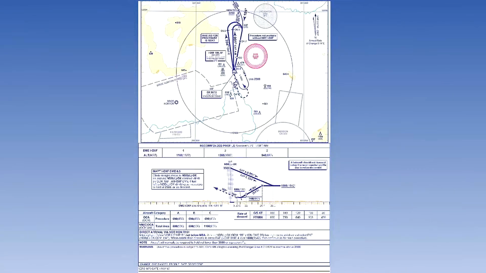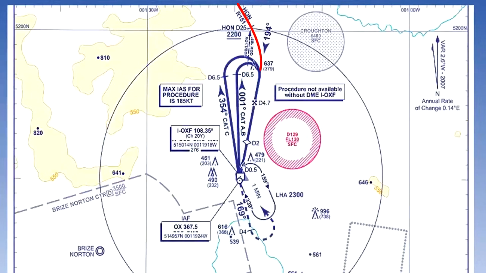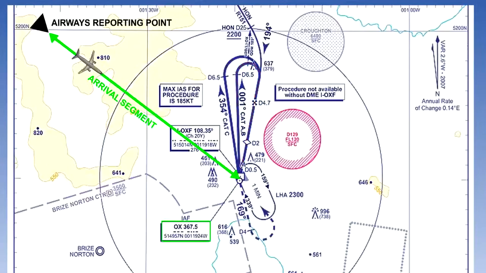The information required to be able to fly an ILS approach is contained in an approach plate. Here is an approach plate for Oxford's ILS, DME and NDB for runway 19. It is possible to make a straight-in approach from the north, but coming from the south requires a procedure turn, which is slightly more difficult.